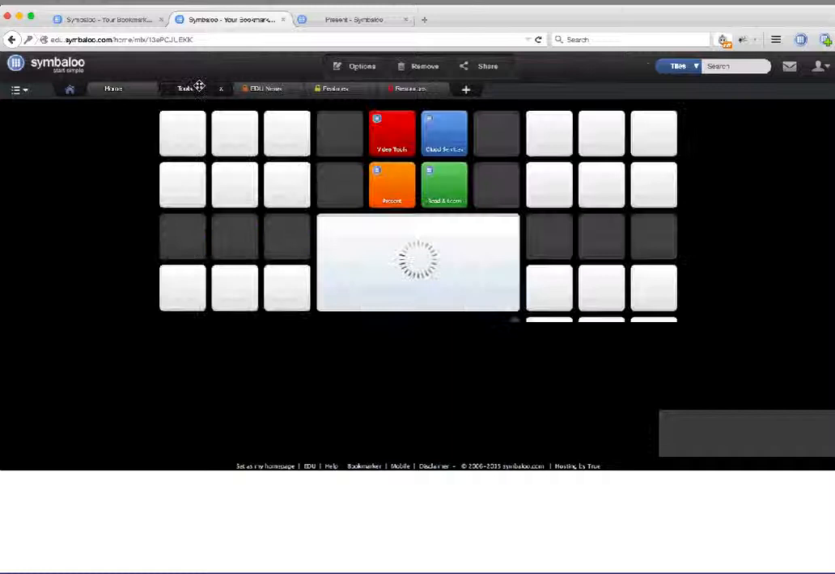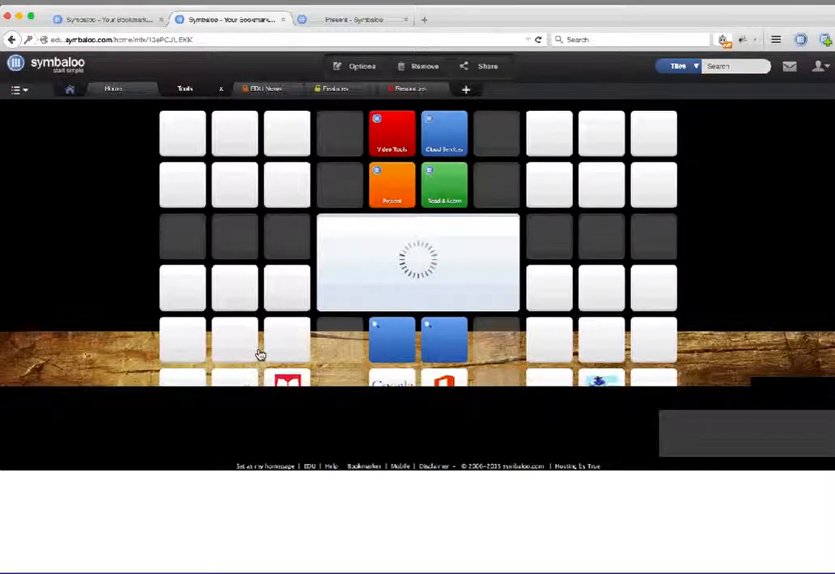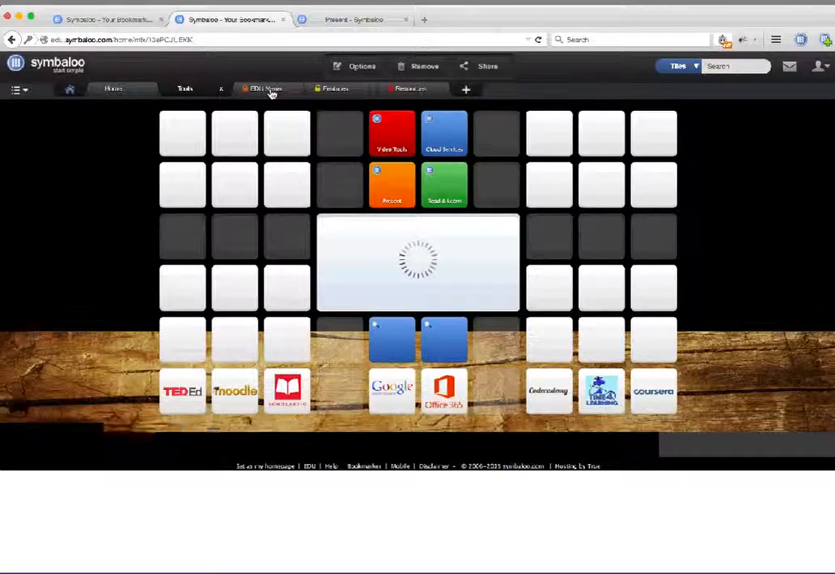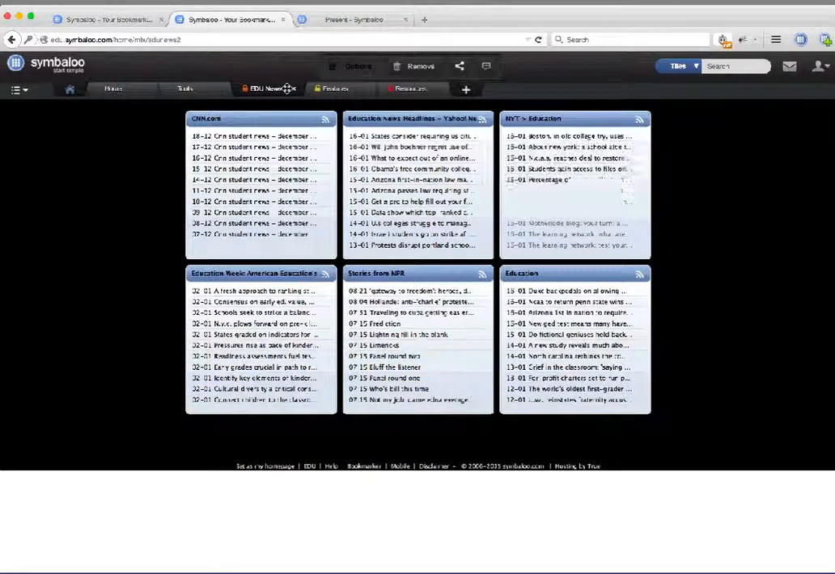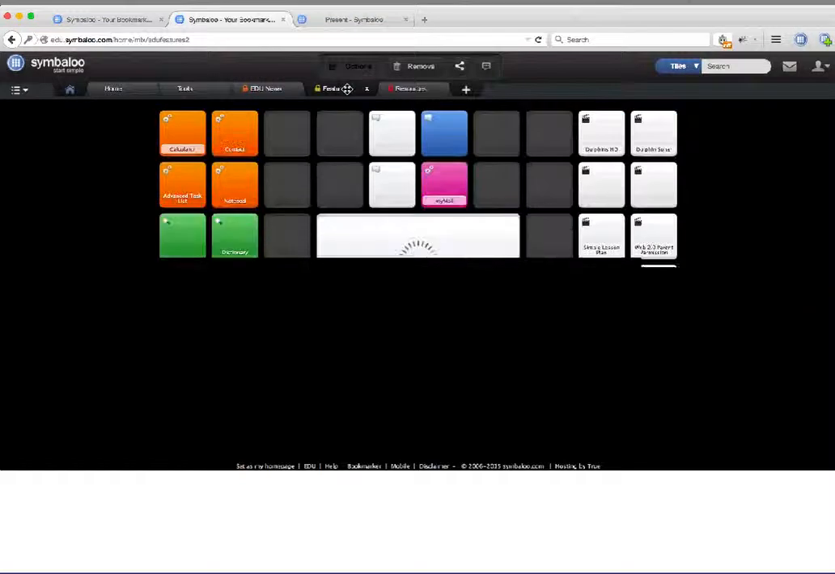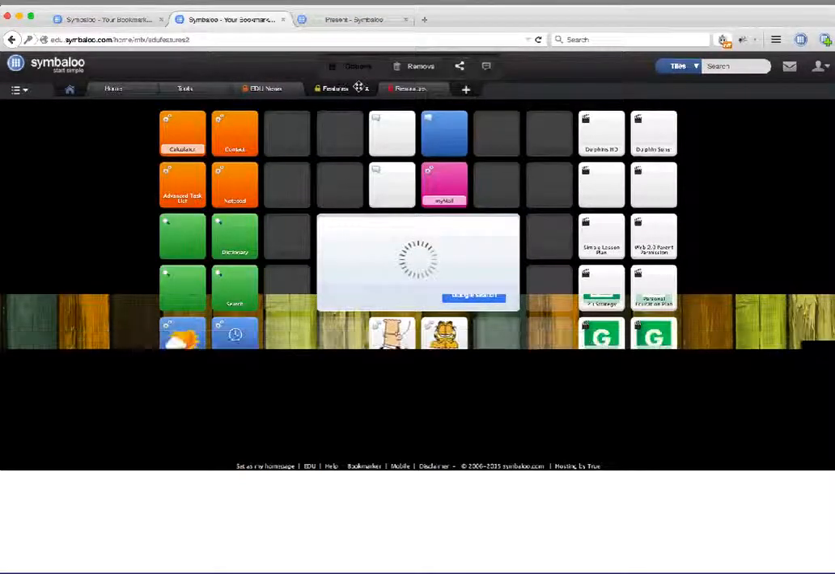Then we have one that is full of EDU tools. We also have RSS feeds where you can read your news. One that shows you all the features. And